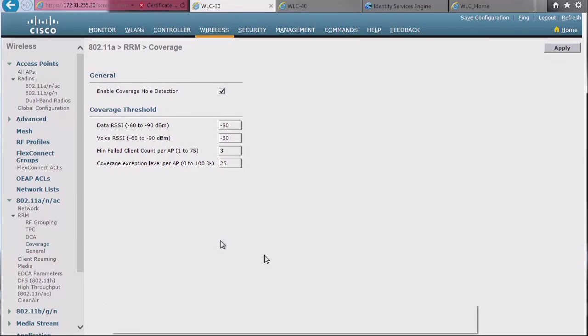What is the threshold below which you're going to consider that a client is in trouble? And you see that for data and for voice, it's minus 80 dBm. There are some cases where you want to set a threshold higher for data. That's very possible. And then you see below the number of minimum failed clients in terms of pure number and